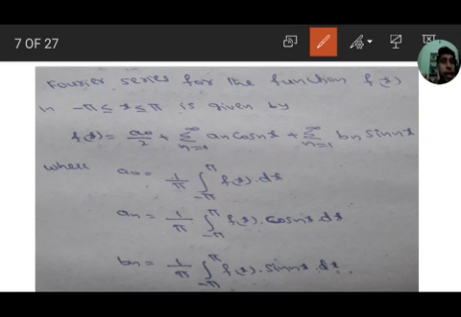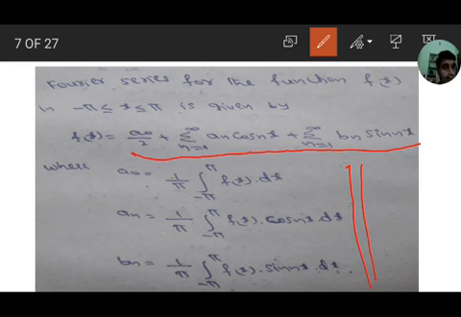These formulas and these Fourier series are very important. We have to remember these formulas. And Euler's formulas will change according to the function defined on the interval. Only the change is in the limits, lower limit and upper limit.